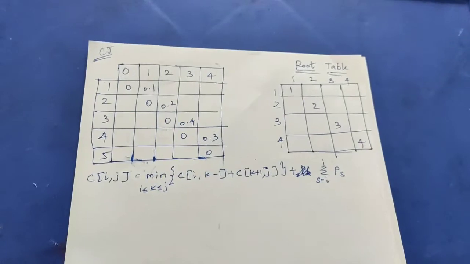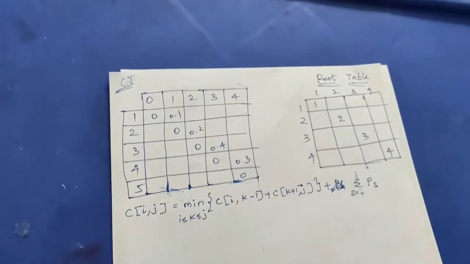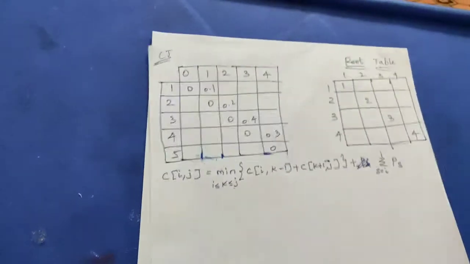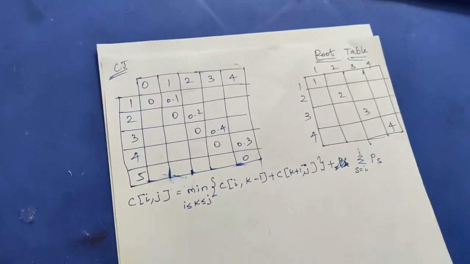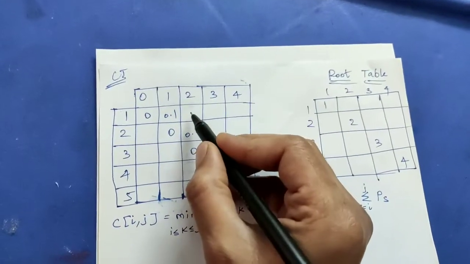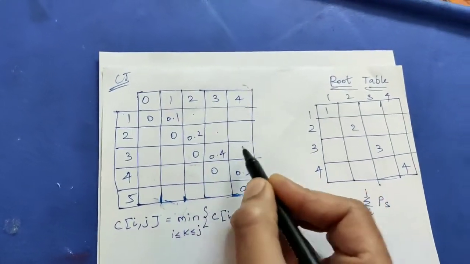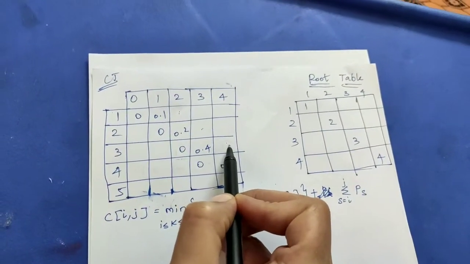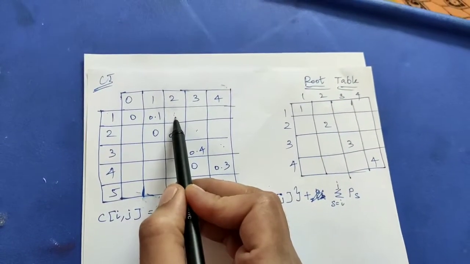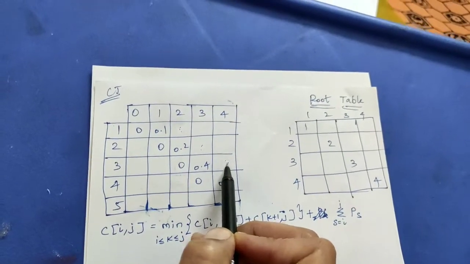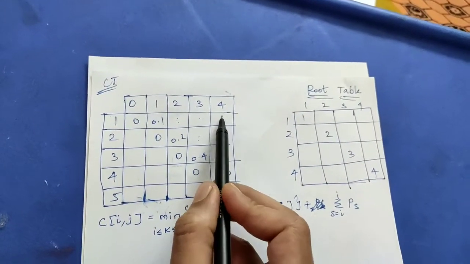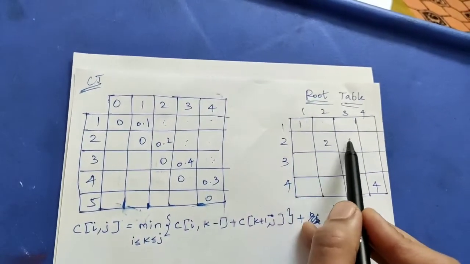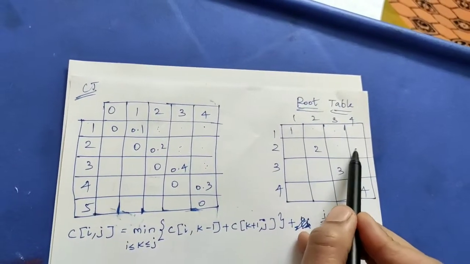Now what is the first location I need to fill? That is, I am just going to fill only the upper diagonal part. So in the upper diagonal part, which is the first location? So now this is the next upper diagonal part. This is the next upper diagonal part. I am just going to find this value, this value, this value. Next I will be finding this and this. Next finally I will be finding this. Similarly, I will be filling this, this, this. Then I will fill this.